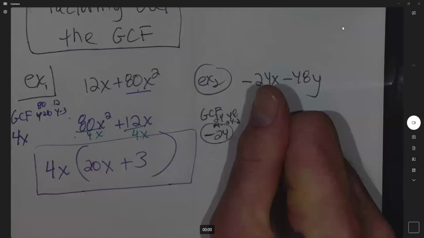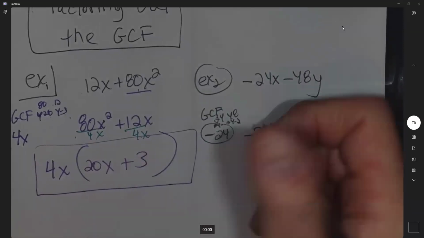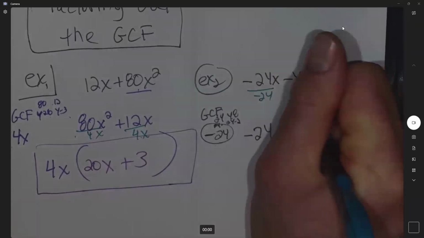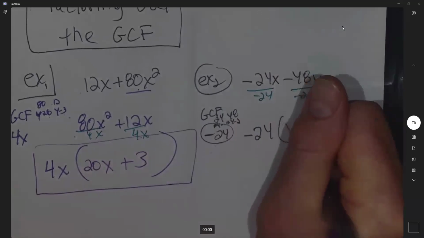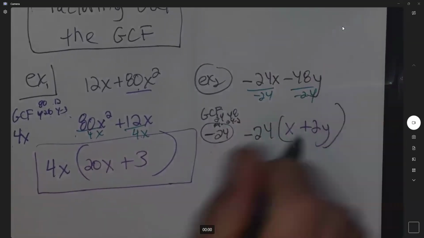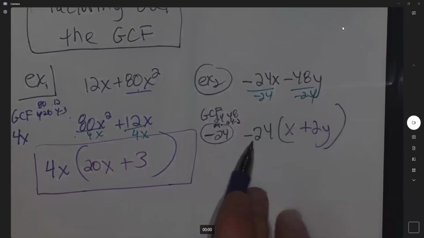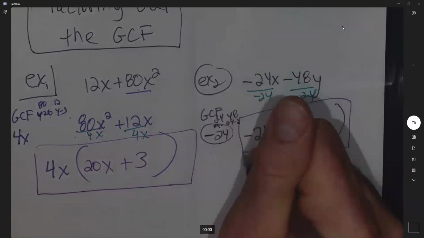So I can only factor out the negative 24. When I go through and divide these both by negative 24, I am left with positive 1x and positive 2y. If I were to distribute this back in, I would get negative 24x minus 48y,